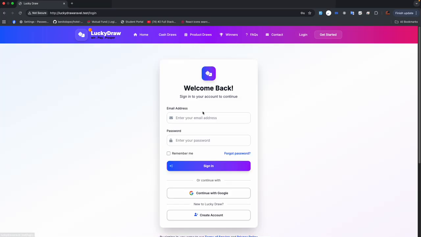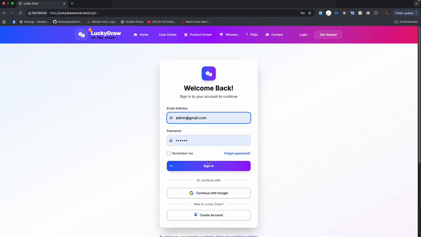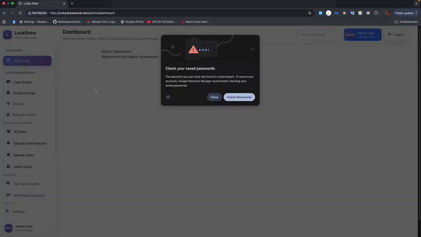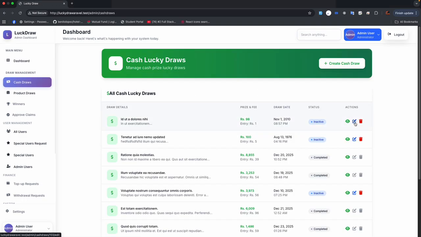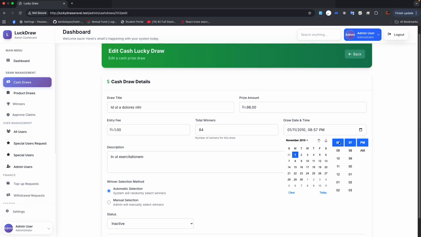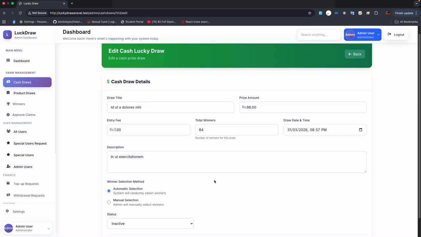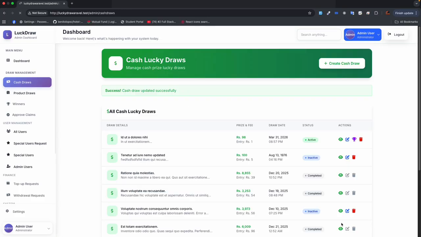let's go to the admin panel. Enter the admin panel. Go to the cash draw. Let's edit, and the draw date is today, 31, and active created. All right, so